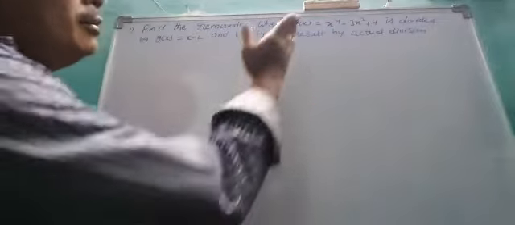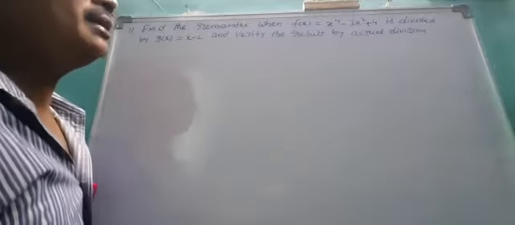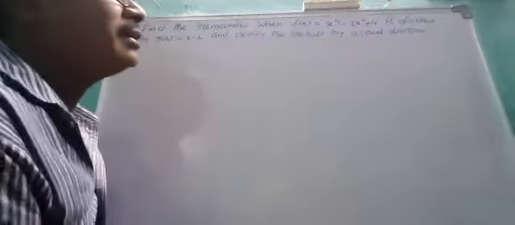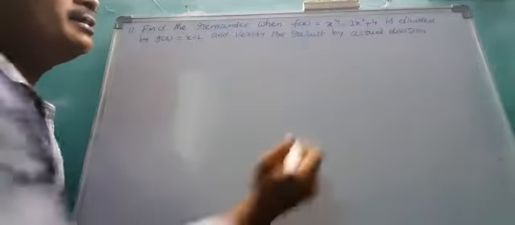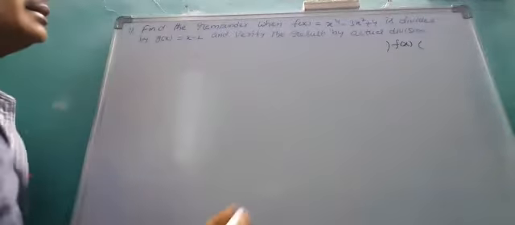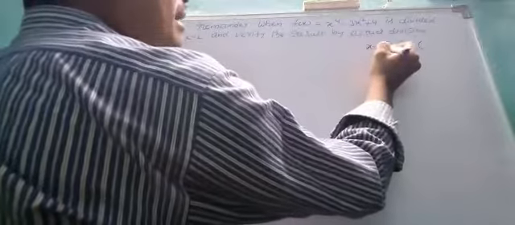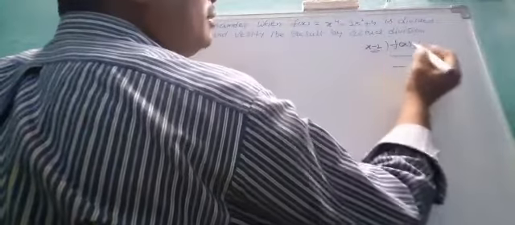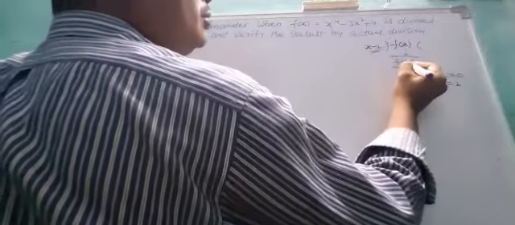Okay, how to find out the remainder with the help of the remainder theorem, and verify that result by actual division. So f of x is the polynomial divided by x minus 2. Then by the remainder theorem we have to find the zero of the polynomial x minus 2 equal to 0, x equal to 2. So instead of x you have to substitute 2.